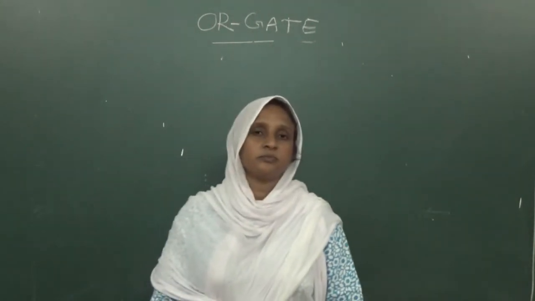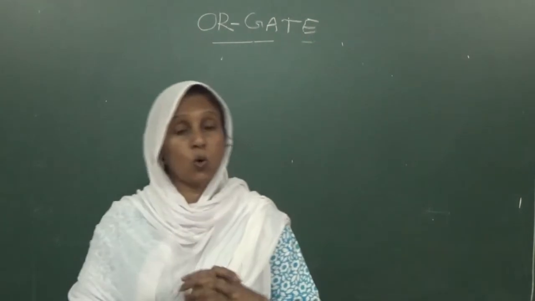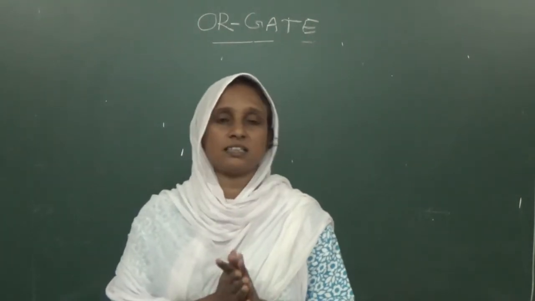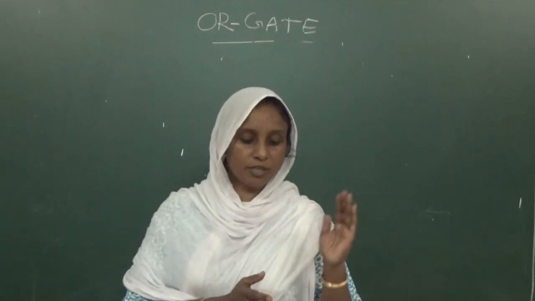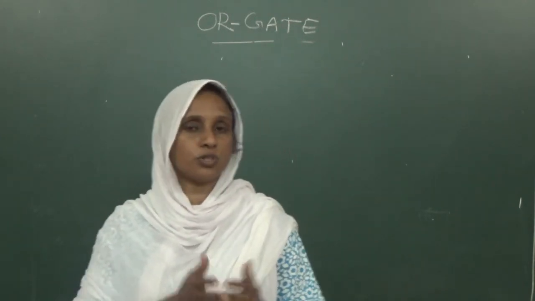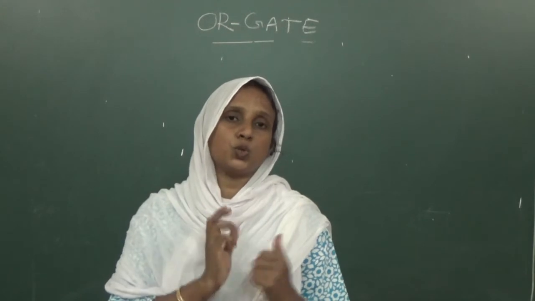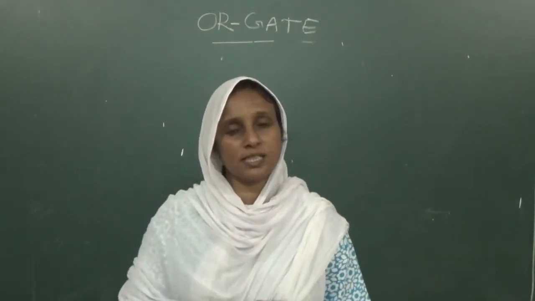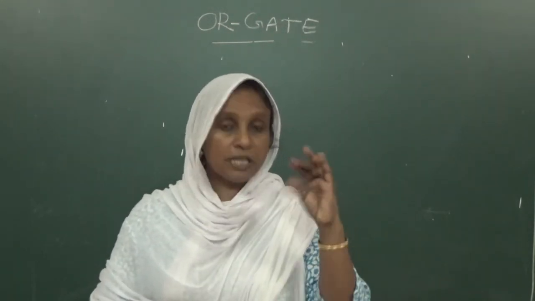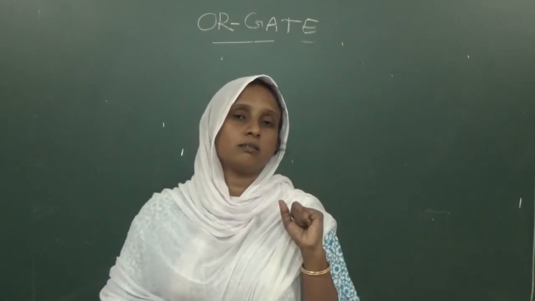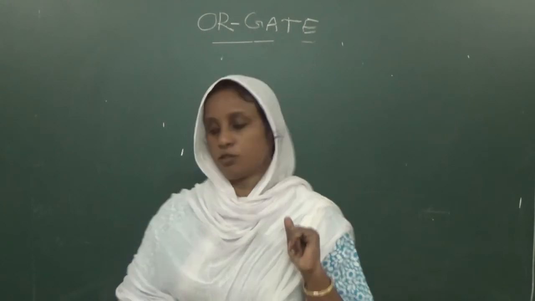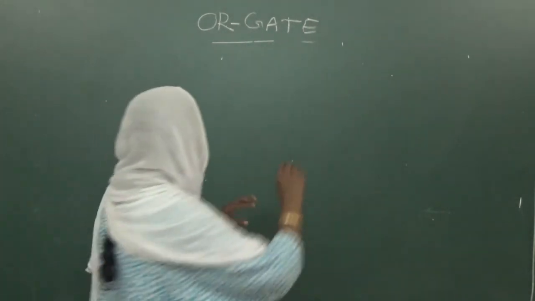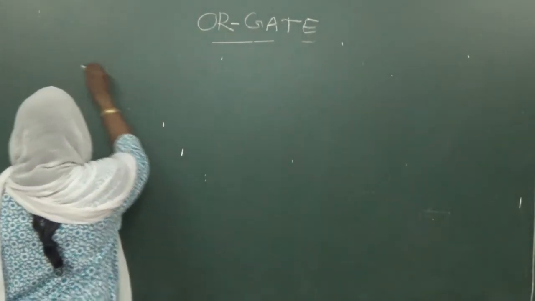In this lecture, we will learn about OR gate. In our previous lectures, we learned about logic circuits. Okay, then we see that there are three types of logic gates. Gates are used to build logic circuits. The main basic or fundamental gates are NOT, OR and AND gates. We learned all these things already. Three fundamental gates.